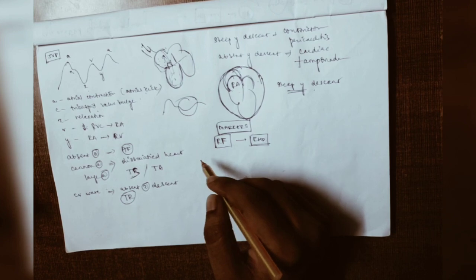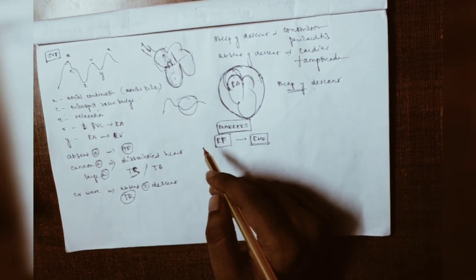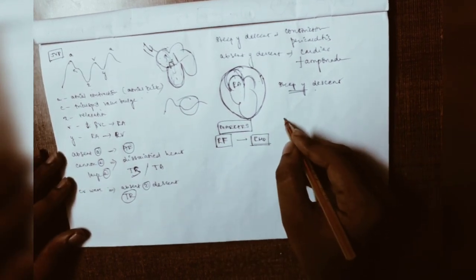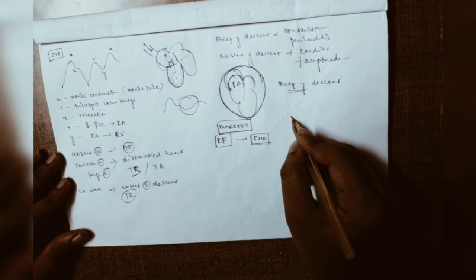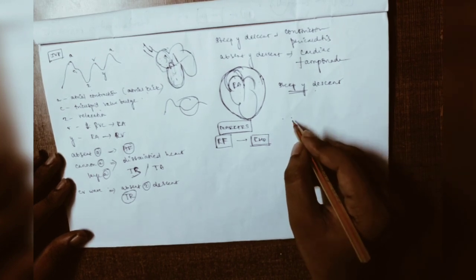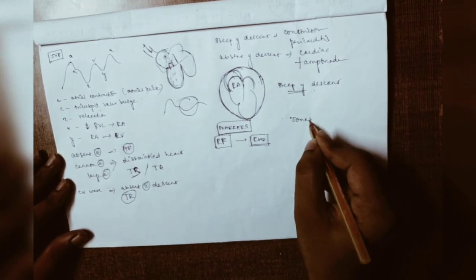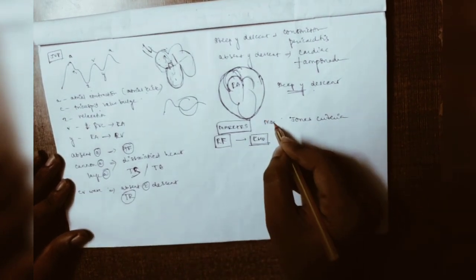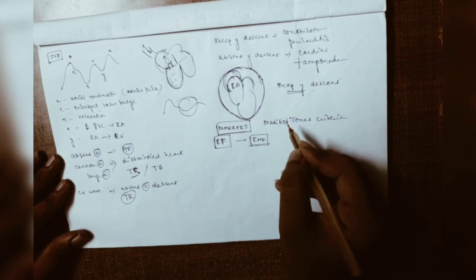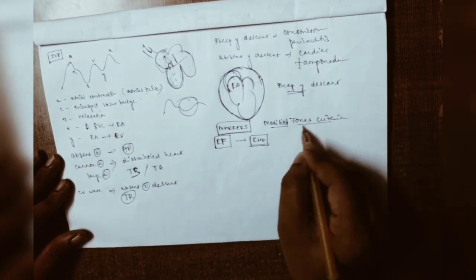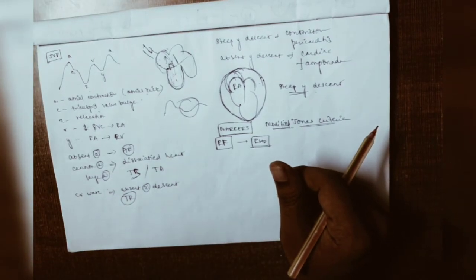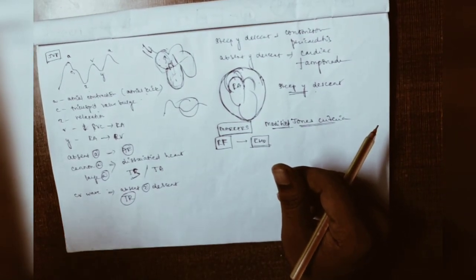We'll learn the criteria, and there has been a small change in the criteria recently. Not so recently, in 2015 there was a change. So the criteria with which rheumatic heart disease or rheumatic fever is categorized is the Jones criteria. Now it is called the modified Jones criteria. First we'll get to know what the Jones criteria are, and then we'll go into the modified Jones criteria.